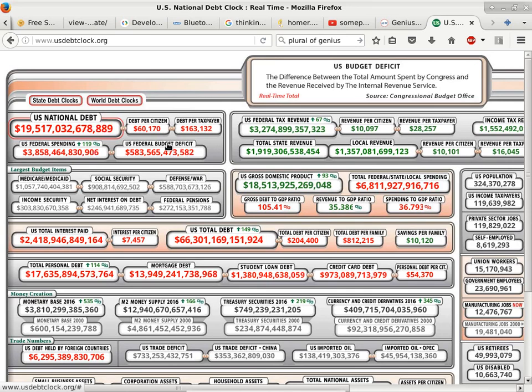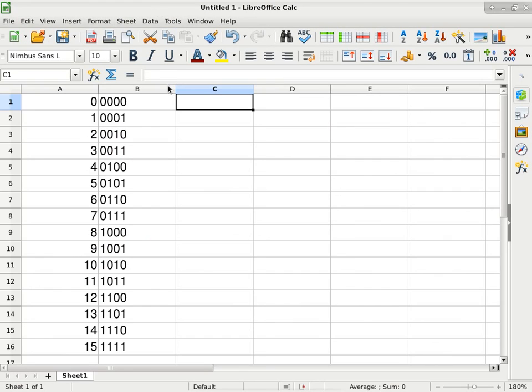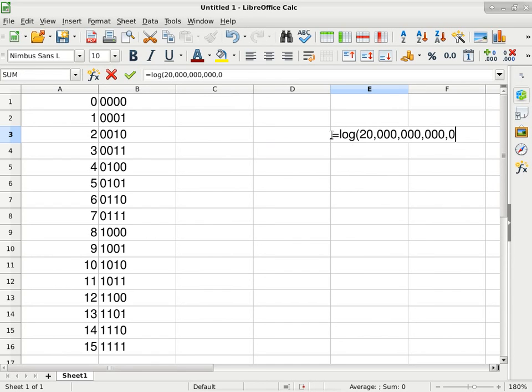Well, the 1024 is not exactly 1,000, but I did not think it would make that much of a difference. But 40-something bits, I think. Okay, now I need to figure out whether I got the math wrong or not. Since we have a spreadsheet up, it's easy to figure it out, isn't it? So we say the log of 20 trillion, 3, 4, divided by the log of 2.